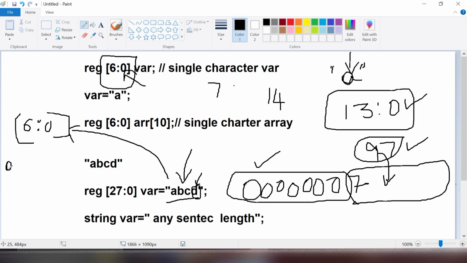This is A, B, C, D. We have this as your 6 down to 0, this is your 13 down to 7, 7, 8, 9, 10, 11, 12, 13, yes, and then 14, 15, 16, 17, 18, 19. This will be your 14 down to 19, and this will be your 19 down to 14, this is 19 down to 14, and this will be your